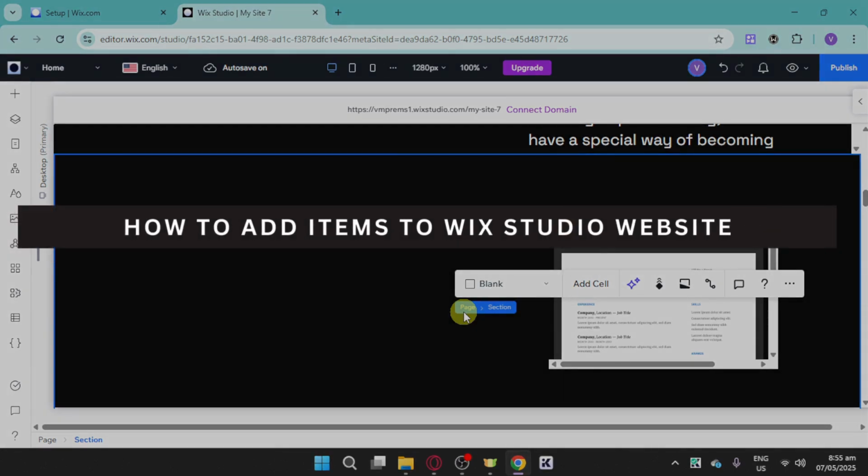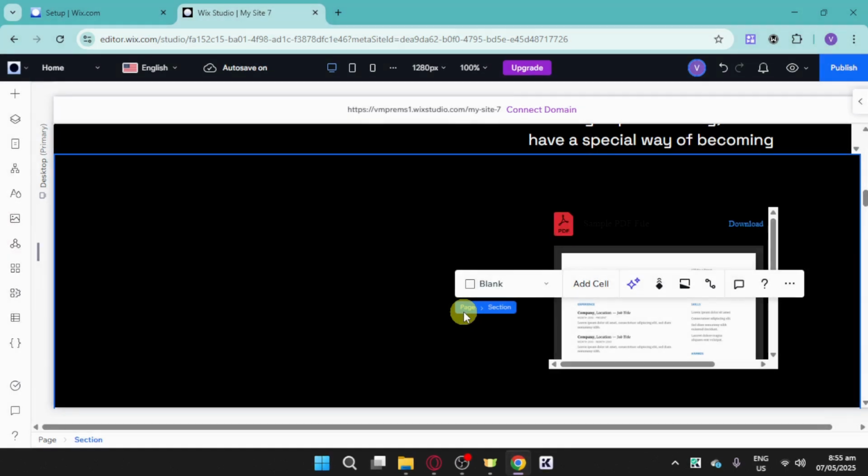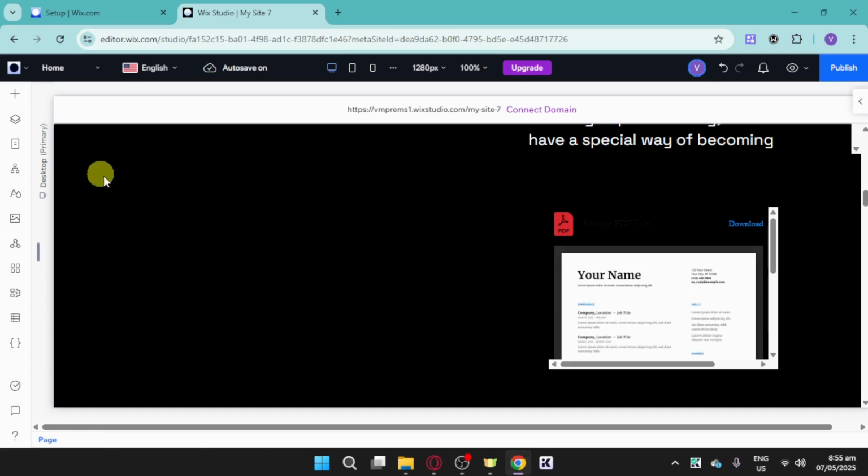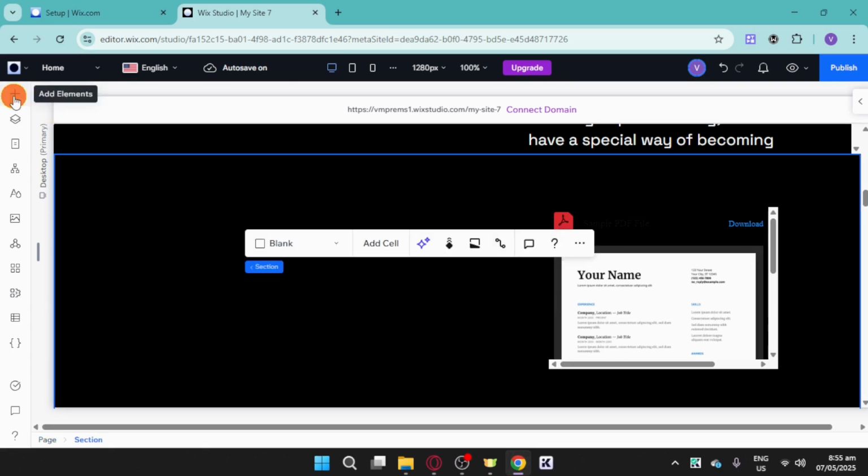How to add items to Wix website. So by items, we are actually talking about products that we will display into our actual Wix. So in order to display those products, let's head over and click onto this plus icon right here in order